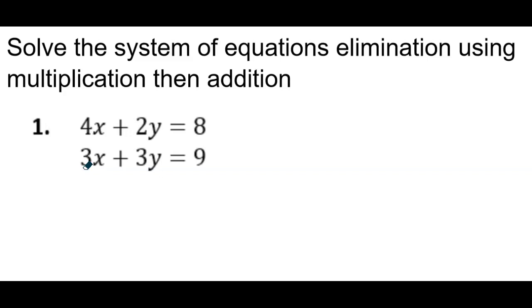Okay? So I'm going to multiply both of these. I'm going to multiply this one by a 3, and I get that from there. And I'm going to multiply this one by 4, from which I get here. And then I'm going to write those new equations. So that first equation is going to be